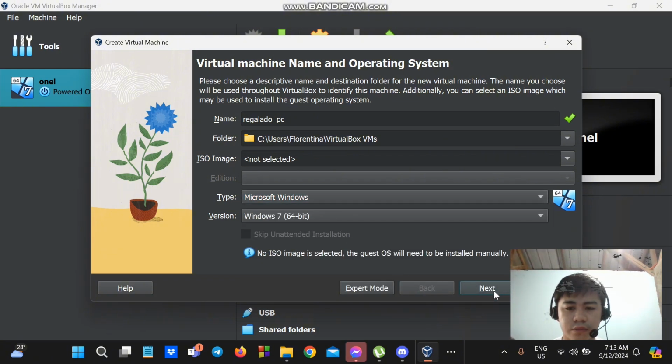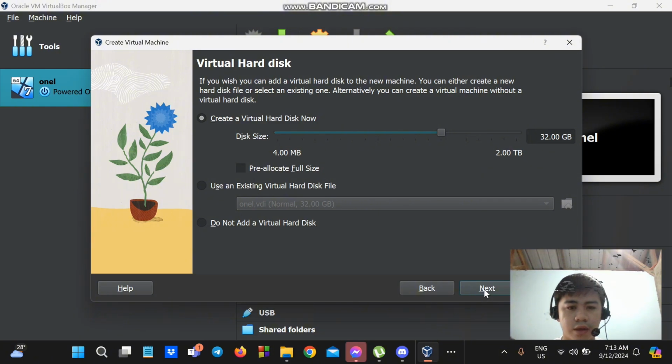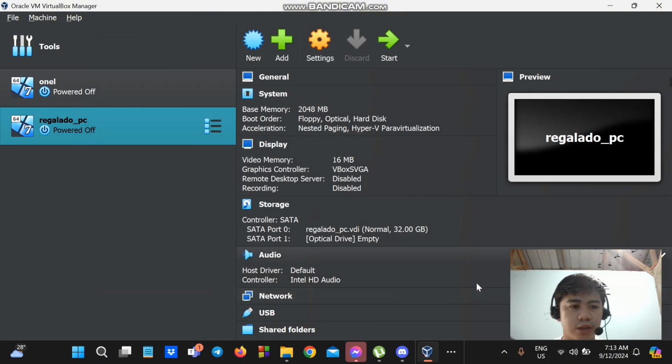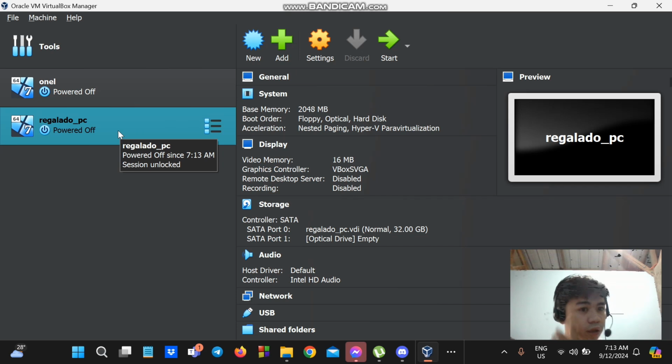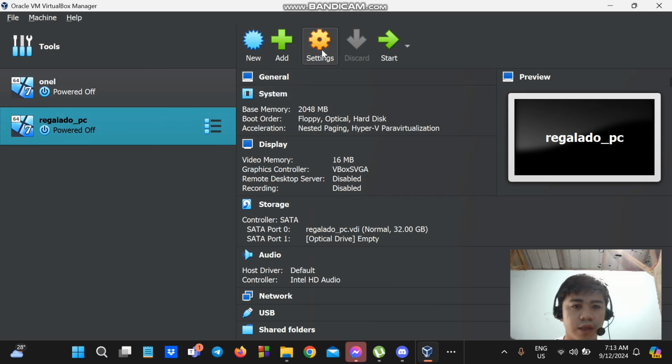Now next, and as you can see the default is already displayed. Next and next again and finish. After you can see your created Windows. Now let's proceed to settings